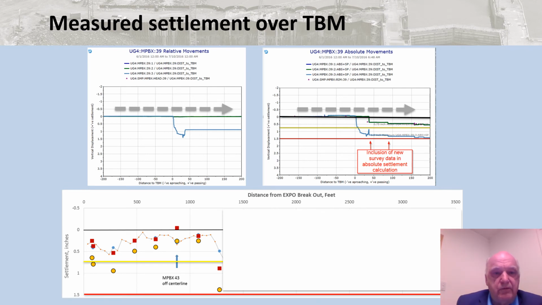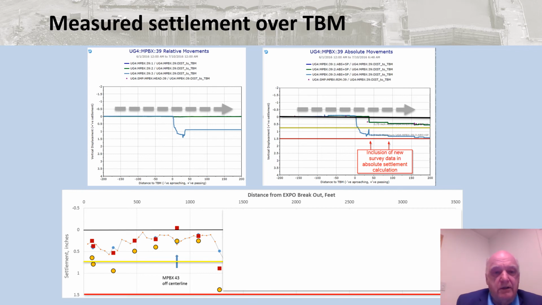As the TBM is moving from left to right, that sensor shows essentially no movement until the TBM's face gets past the sensor itself. So getting up to it, almost no movement. And then as it passes, we start, in this case, to get quite a bit of movement. This is one of the points out here. We're well into the job. This ground had been treated, so things are going good. The limits here are 3/4 of an inch. We go into yellow, and at 1.5 inches we have to shut down and go into meetings and discussions about how to